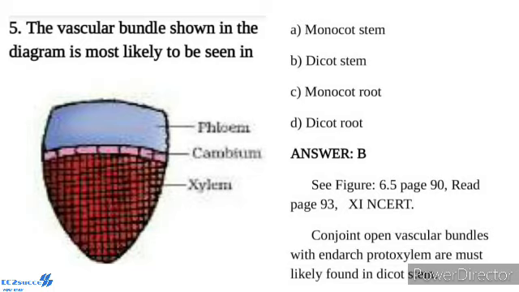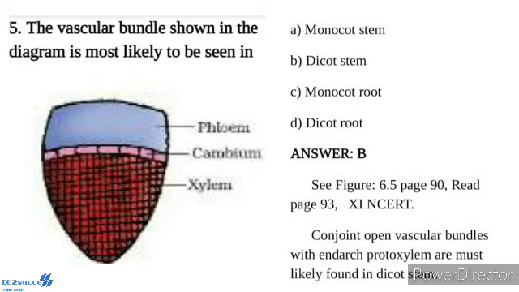The xylem and phloem are thus arranged on the same radius. Conjoint bundles are of the following three types: collateral, bicollateral, concentric. But this type of diagram shows a collateral vascular bundle,